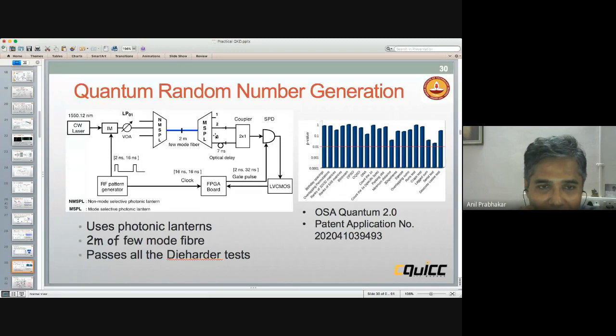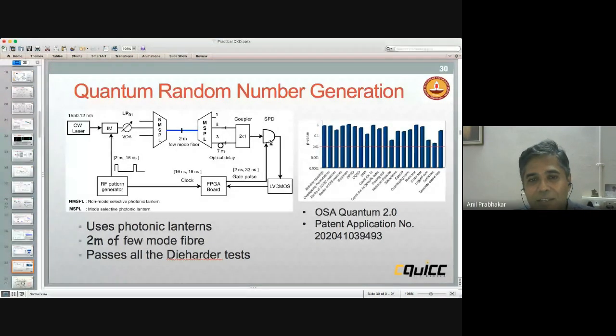Now, interestingly enough, in all my experiments, I always use a single photon detector, but I use only one of them. I don't use two of them. I put a 7 nanosecond delay and I say I'm going to use one of them. The reason to keep doing that is because these are not ideal detectors. They also have their own